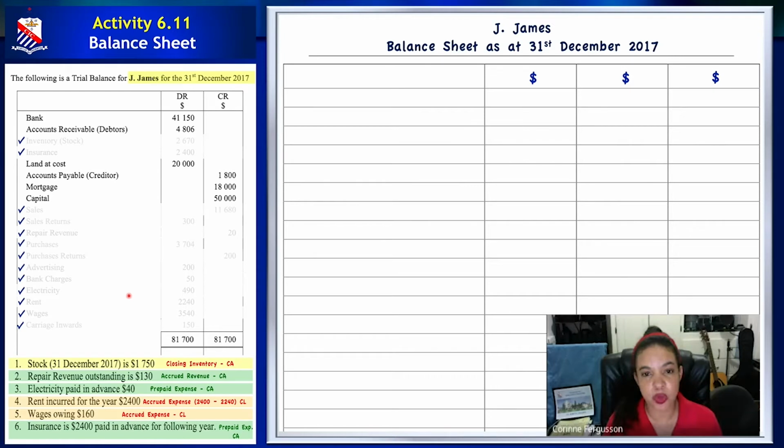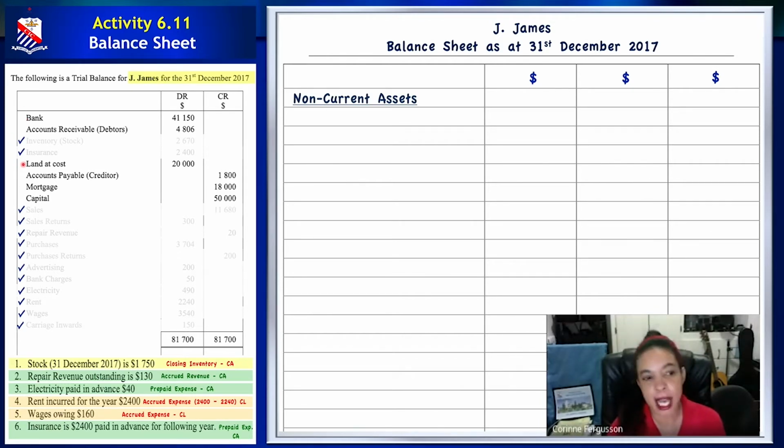And in this case, before we go into current assets and current liabilities, we start with non-current assets, which used to be called fixed assets. So if you are doing any past papers from a while ago and you see fixed assets, it's the same as non-current assets. So your non-current assets, you would look into your trial balance, not